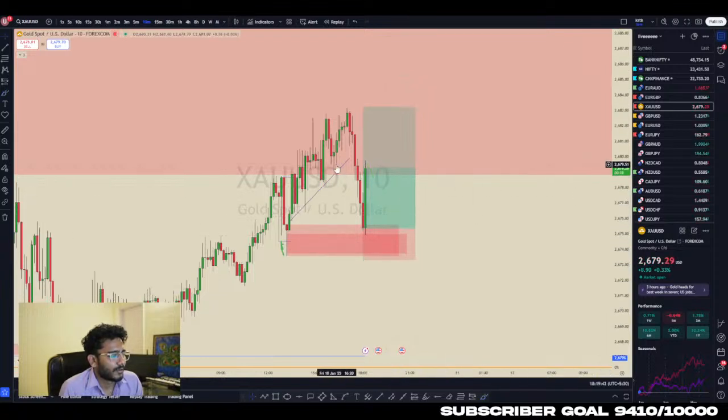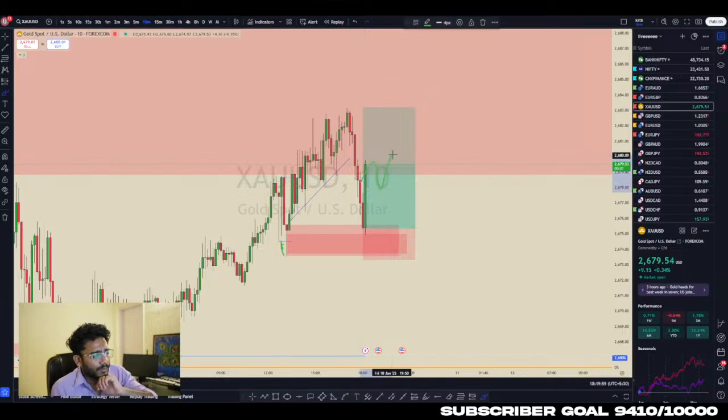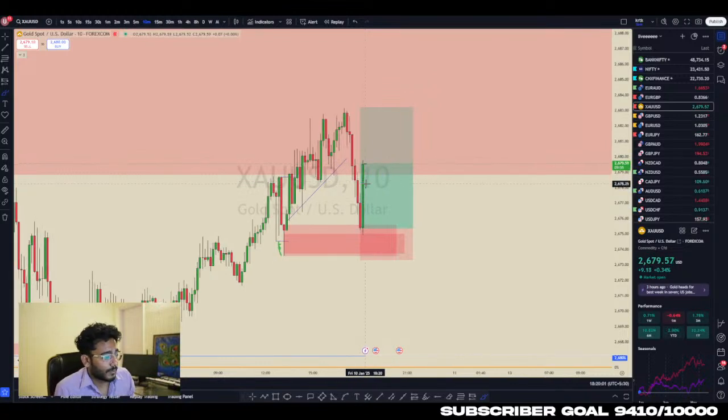So here, even if you get 1 is to 1, if you exit 50% of the position or 30% of the position at 1 is to 1, you're still in profit, right? Because if you enter here, you can't even go to break even, right? Because price will hit this area multiple times and it will take you out of the market, right? It will hit your position. So it's better to look for a new entry and look for entry at the